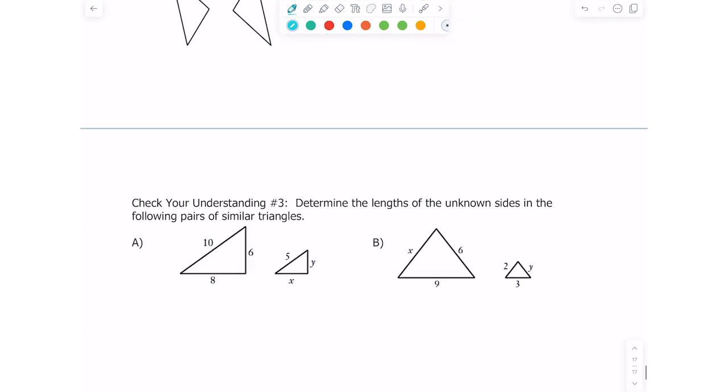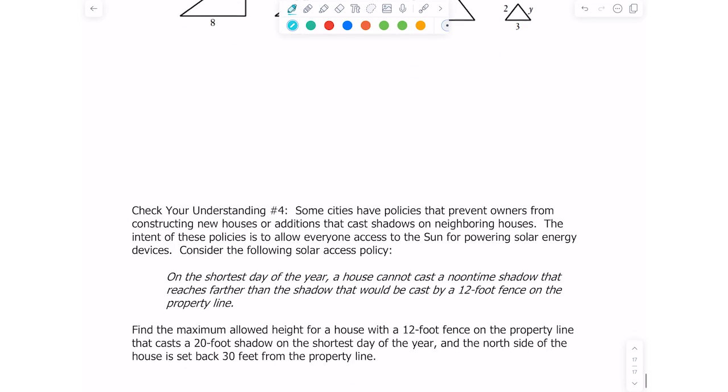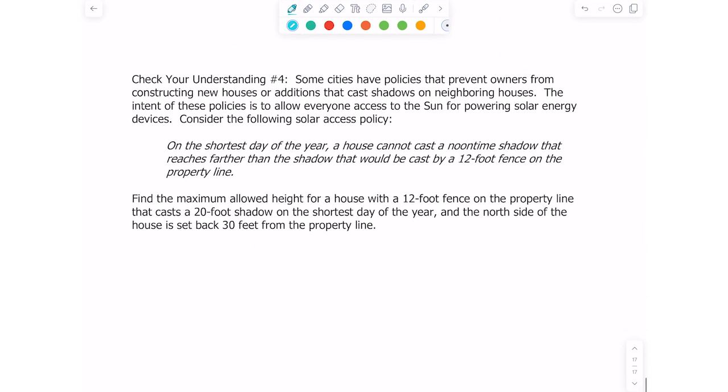The rest of the problems I'm going to have you try on your own, except for the last one. We'll do this one together so that you can get a visual and then try solving it. Okay, I'll give you a second to read the problem, so feel free to pause and then unpause when you're